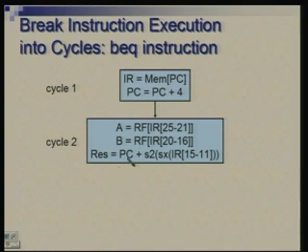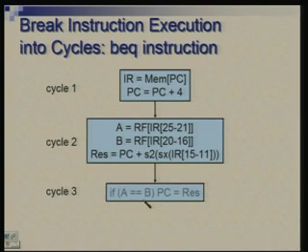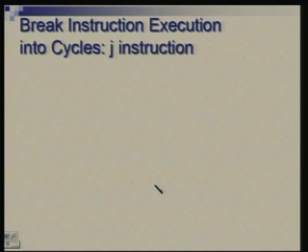In the next cycle we are going to use ALU for comparison. So, in this cycle it is free, we calculate this address, but do not transfer it to PC immediately. We keep it in RES, the condition is yet to be checked. So, after checking the condition we will either transfer it or not transfer it. So, that is cycle 3, where the ALU will compare A and B, the two operands which were brought out from register file, and if the condition holds, then this new address is transferred to PC. So, this requires only 3 steps.